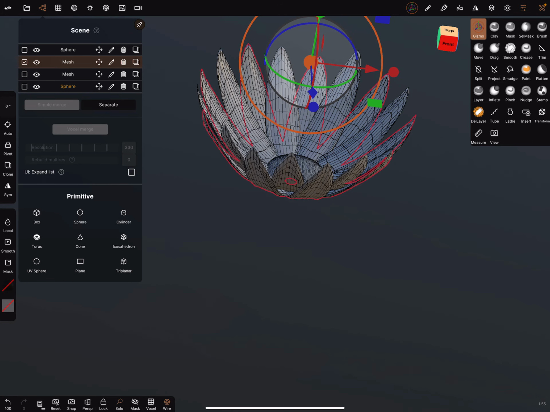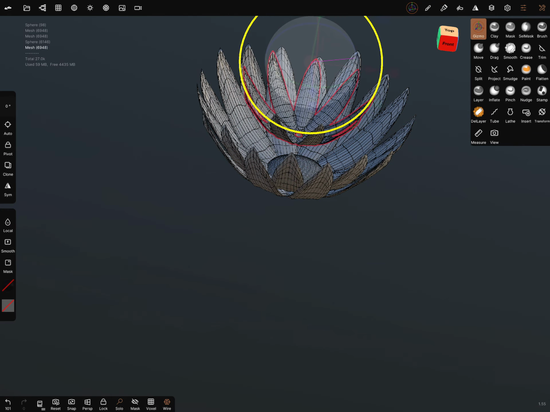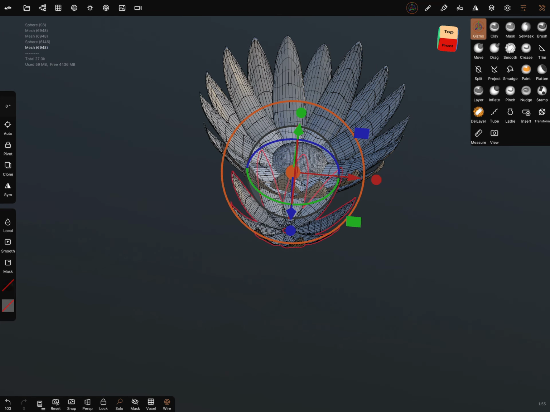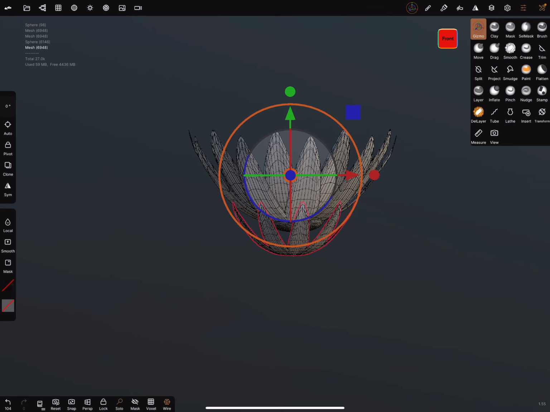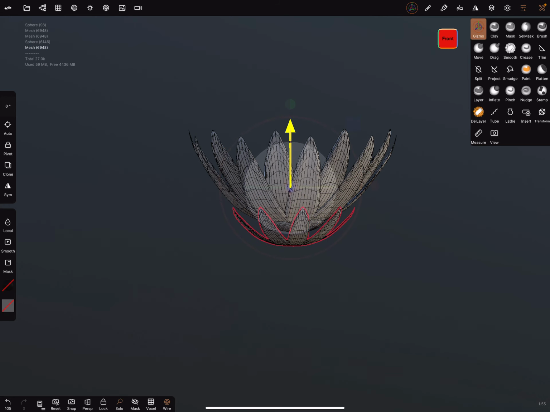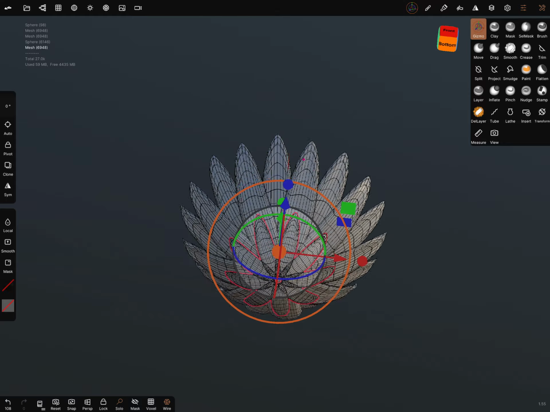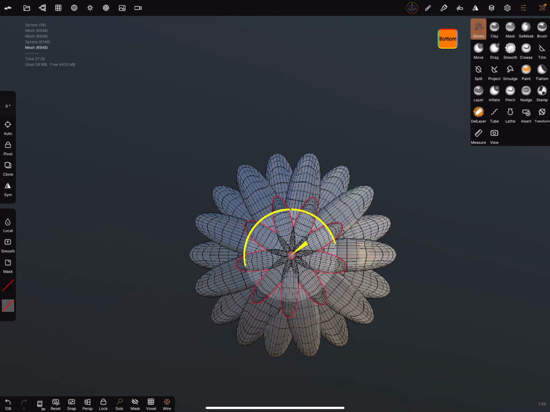And you can use a mesh like this. In the scene menu, you can duplicate it and scale it down. Bring it here. And you can adjust it a little bit. Bottom view, and you can rotate it a little bit.